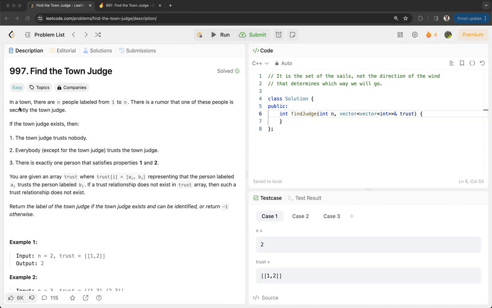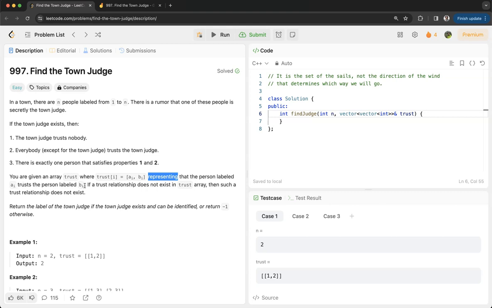Let's read the problem. In a town, there are n people labeled from 1 to n. There is a rumor that one of these people is secretly the town judge. If the town judge exists, then the town judge trusts nobody. Everybody except for the town judge trusts the town judge. And there's exactly one person that satisfies properties 1 and 2. You are given an array trust, where trust[i] is [ai, bi], representing that the person labeled ai trusts the